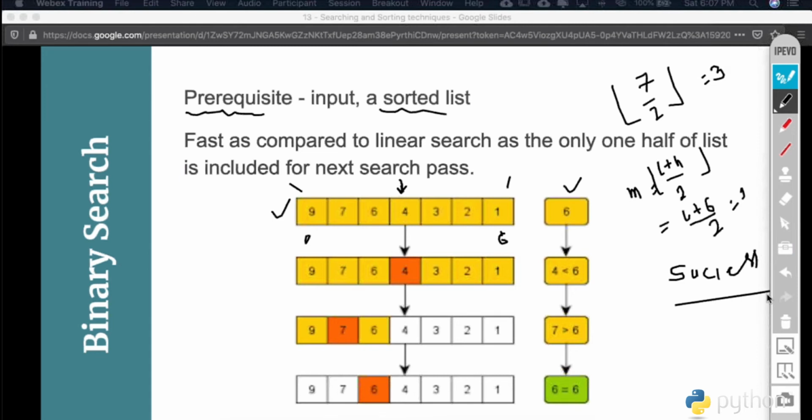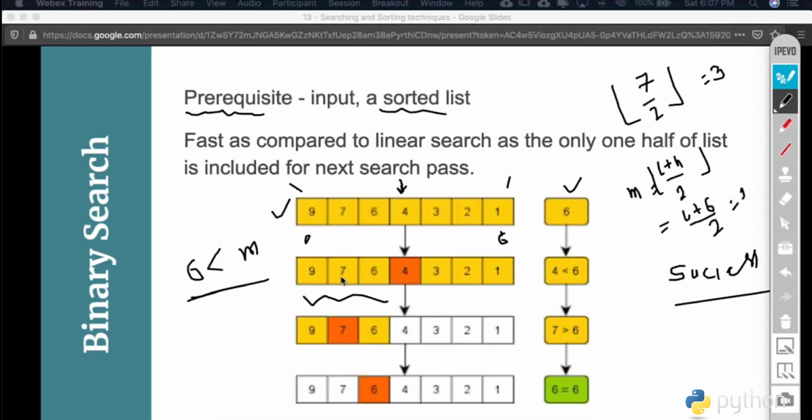And the second probability is that, let's suppose, the search item is smaller than the middle value. What we are saying is that the search item 6 is smaller than the middle. So what can you assume from this? Basically, the search should proceed in this direction. Oh, sorry, the middle index is greater than this.